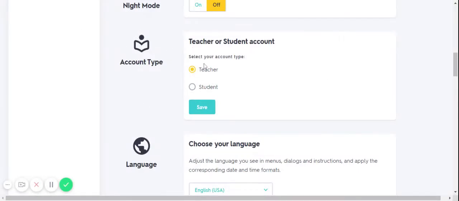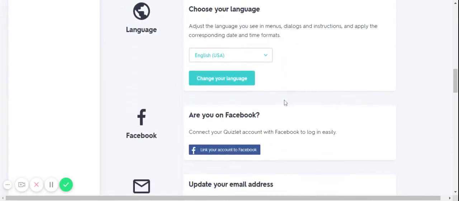Here, this is important. If you have accidentally created a student account and you're a teacher, you can change it here. If you are a student and have accidentally created a teacher account, you can also change it here and click Save. You can change your language,